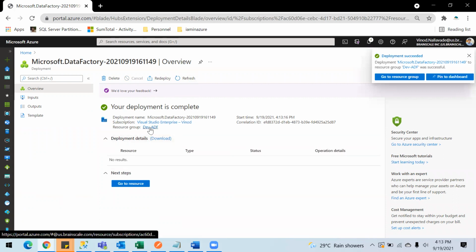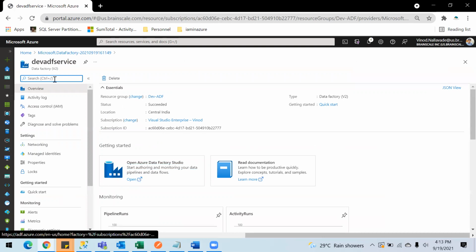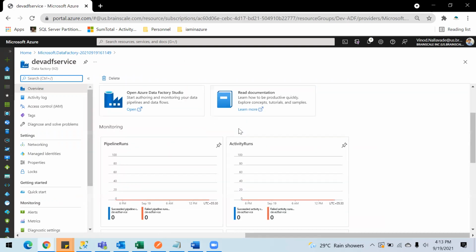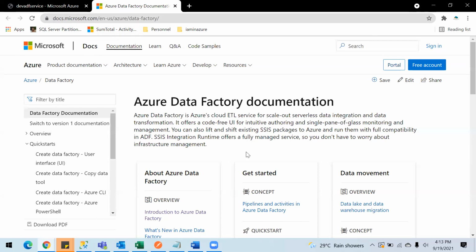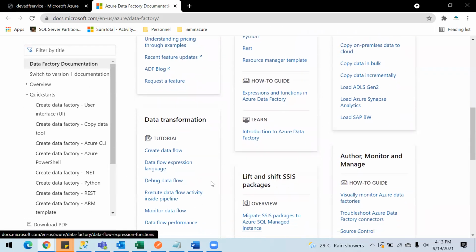So here we have our service ready, and if you open this, you will see something like this. You have this ready documentation, which will point you to the Microsoft documentation of Azure Data Factory, where you can create different activities.